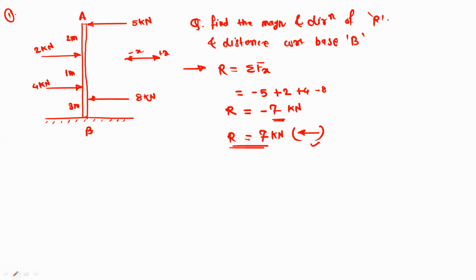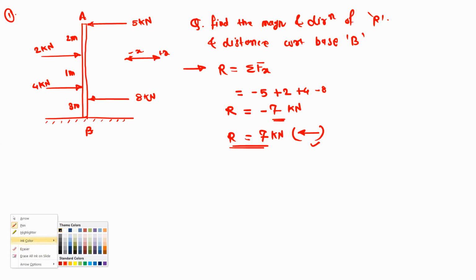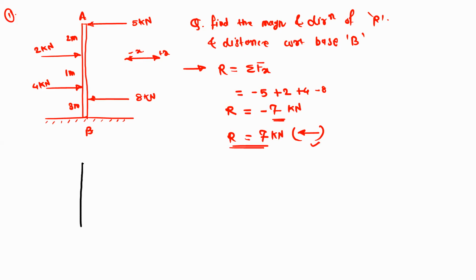So this is the resultant magnitude and this is the direction. Now we can convert the given system of forces into an equivalent resultant system. So right now we know the direction, it is towards negative x direction. So suppose the resultant acts somewhere here. So here R is equal to 7 kilonewton. This is point A and this is the base point B. So assume the distance of the resultant from the point B as d. So this is the perpendicular distance, that is, the distance perpendicular to the line of action of the force.